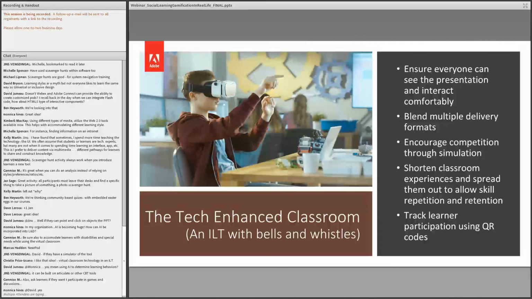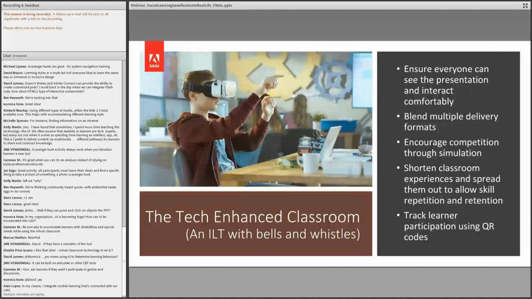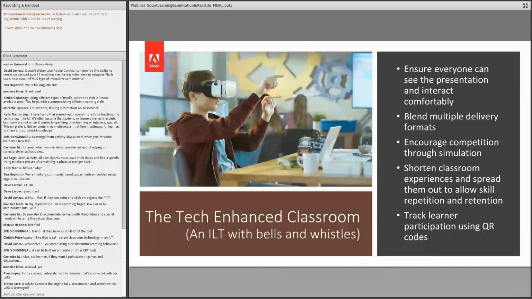And again, the tech-enhanced classroom, virtual classroom, it doesn't matter. Try to blend as many delivery formats as is sensible to support the training and make sure everybody is engaged. Encourage, if you can, competition through simulation.